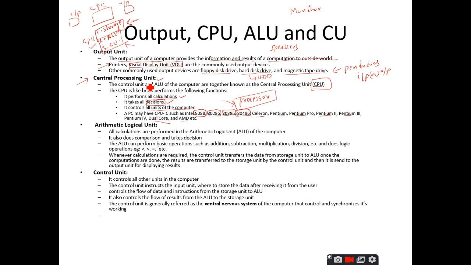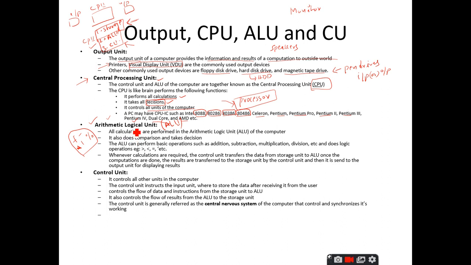So, by learning this central processing unit, let us move towards the discussion on the arithmetic logical unit. The short form of this arithmetic logical unit is the ALU. The name itself is saying that it is going to perform the arithmetic operations and the logical operations. Any operation is going to be performed on this ALU only. Arithmetic operations means nothing but addition, subtraction, multiplication, division, modular division, all these things come under the category of arithmetic operations.